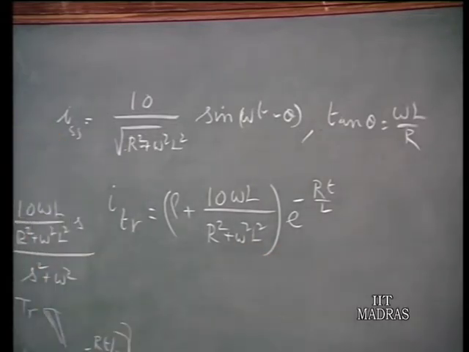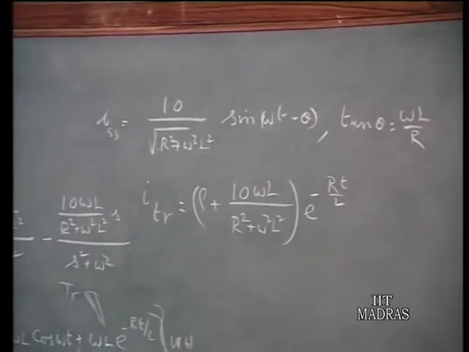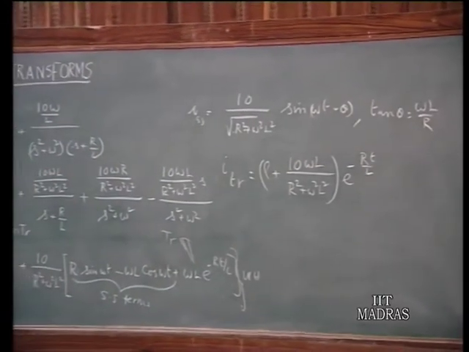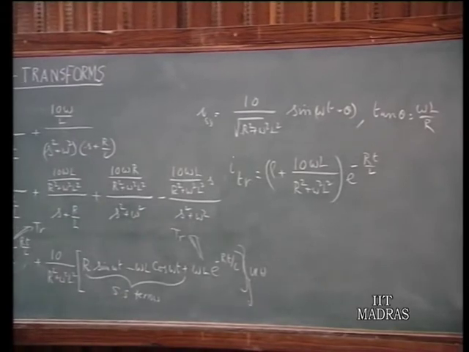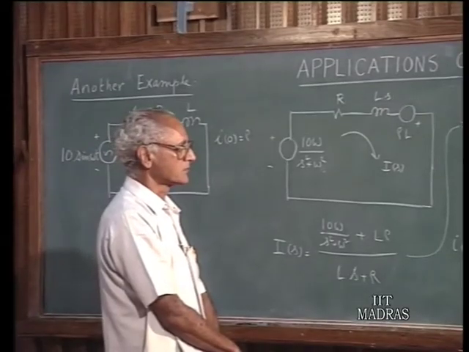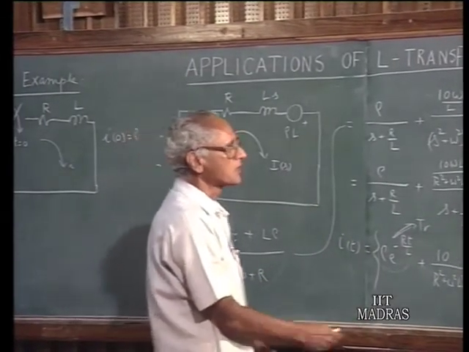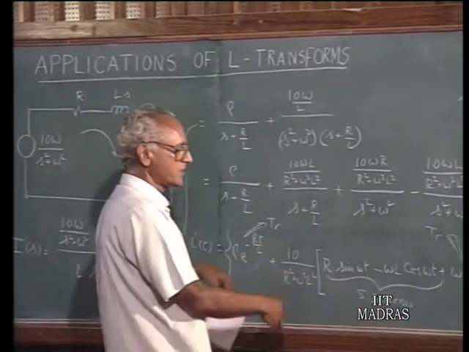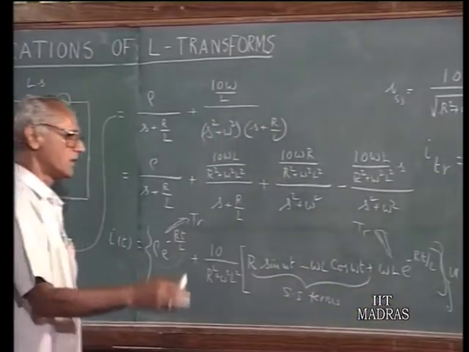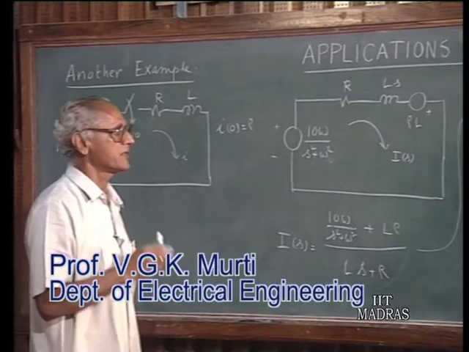So, in this we can see that once we have a solution, we can identify the terms which correspond to the steady state behavior of the current and what are the terms which correspond to the transient portion of the response. So, both these are simultaneously brought out in the final solution. You can combine these terms and show it to be so. And of course, once you have the total solution that is valid only for t greater than or equal to 0, therefore, u of t will always be there to specify that I of t, that expression whatever we have, is valid only for t greater than or equal to 0.